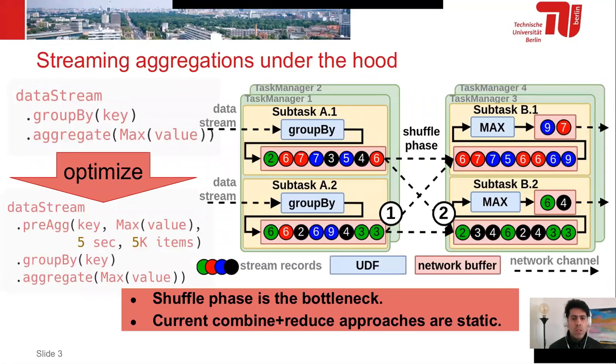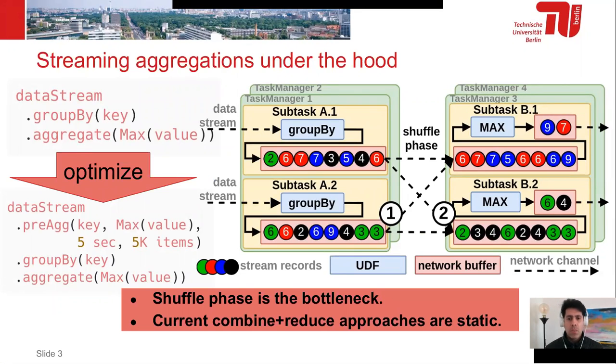So under the hood, for these use cases we have to create some queries that are basically composed of two transformations, a group by and an aggregate transformation, as you can see on the top query of this slide. These transformations are basically deployed on different task managers.